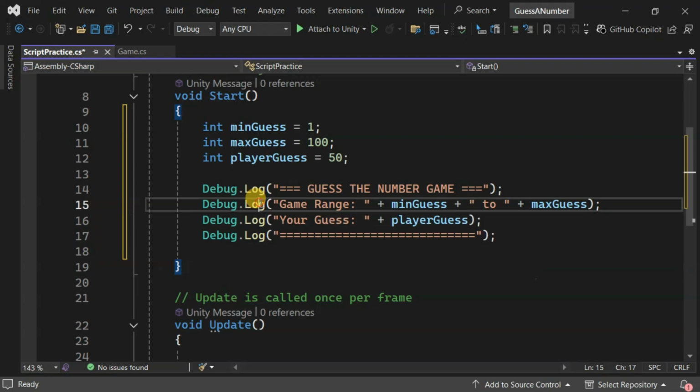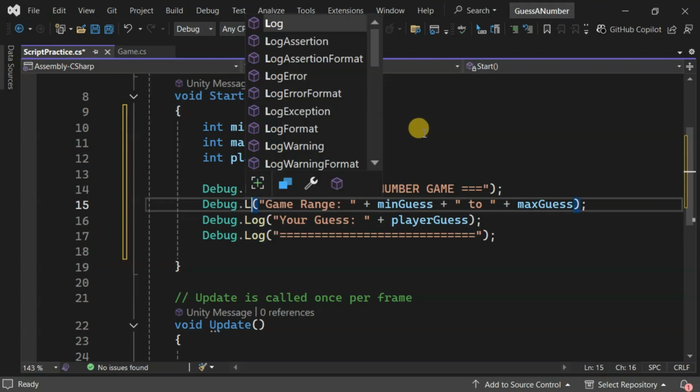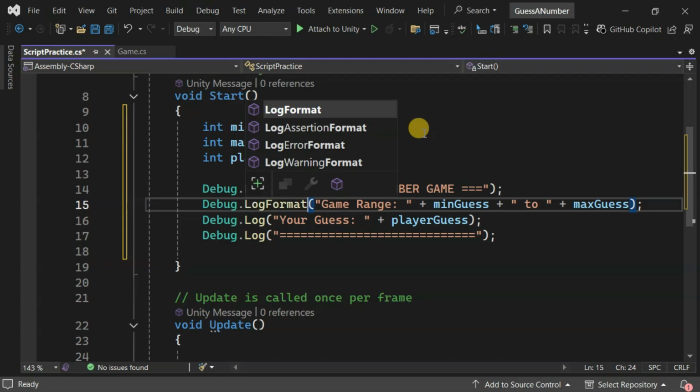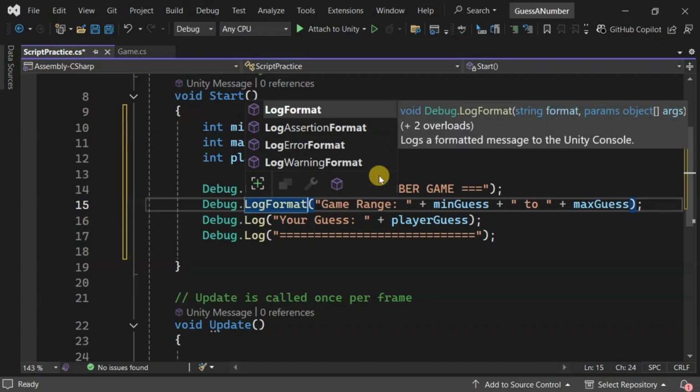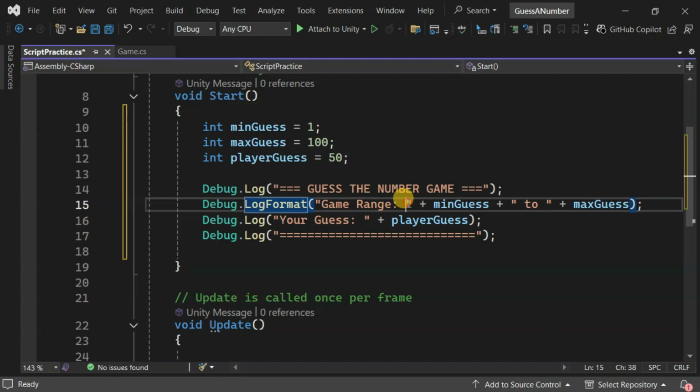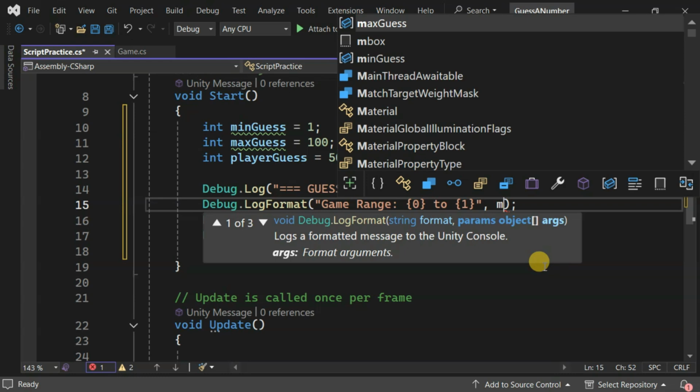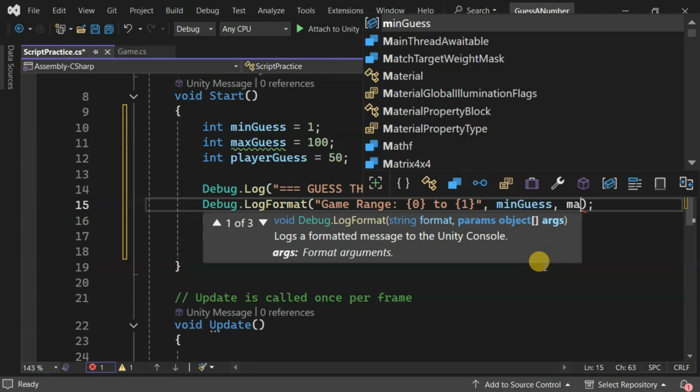Or alternatively, you can write this using Debug.Log format, which we have learned in our previous video. So instead of concatenating minGuess and maxGuess using the plus operator, we can use placeholders like {0} and {1}, wrapped in curly brackets. After the message string, we simply pass the variables in order. First the minimum guess, then the maximum guess.